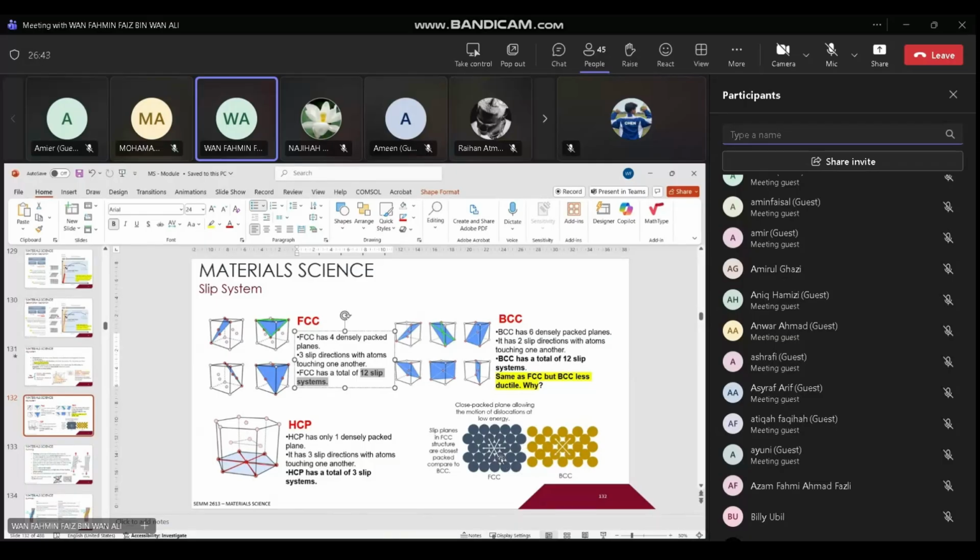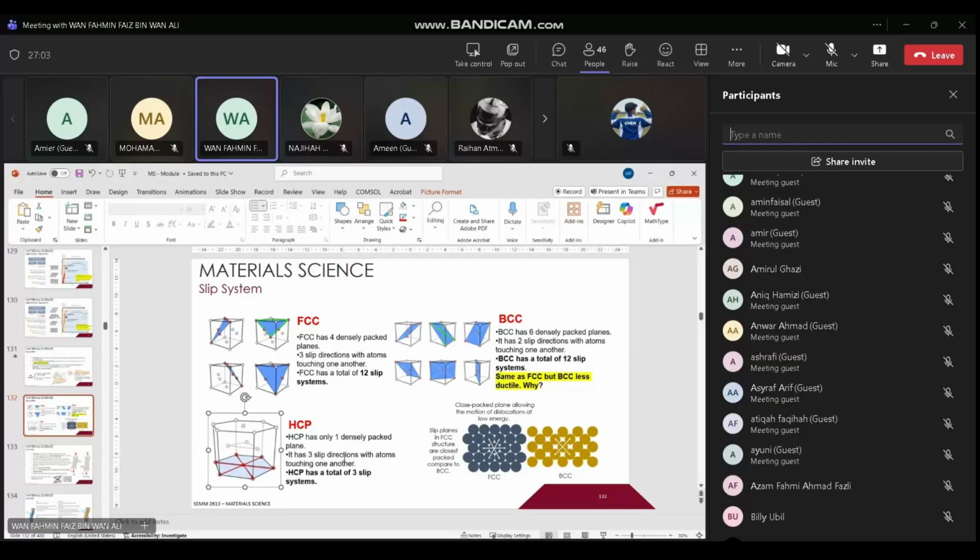Less energy needs to be overcome for the atoms to move, compared to BCC, where you have more gaps. This means more energy is required for the solid structure to deform or to experience plastic